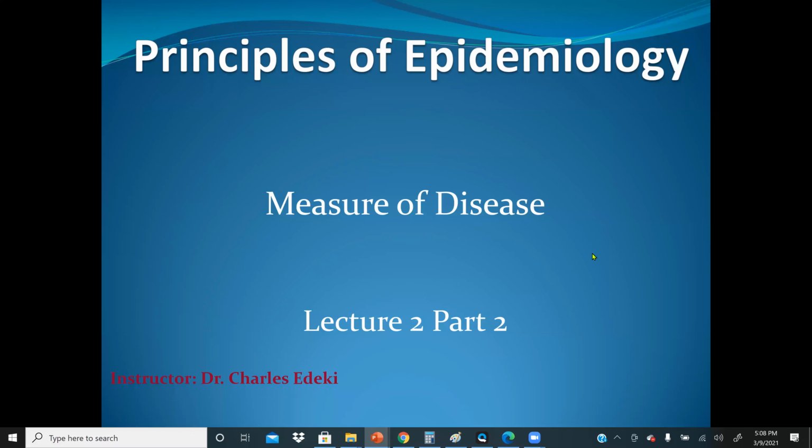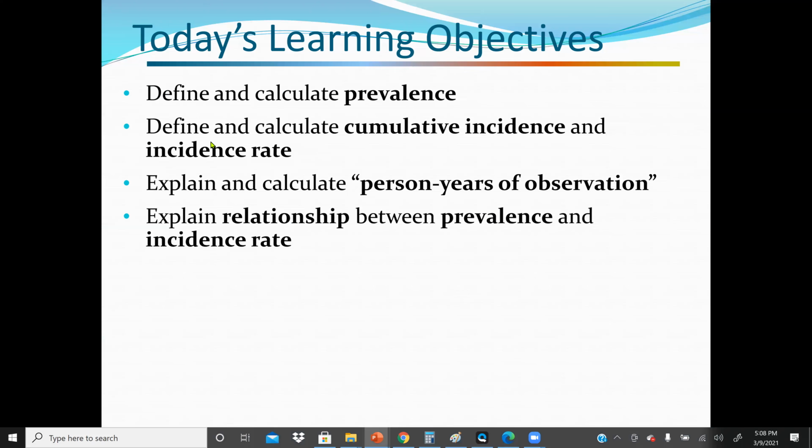Again, welcome to Principles of Epidemiology, Measure of Disease. This is our lecture number 2, part 2. So our main objective is to define and calculate prevalence, also define and calculate cumulative incidence and incidence rate. Also, we are going to explain and calculate person years of observation, and also explain the relationship between prevalence and